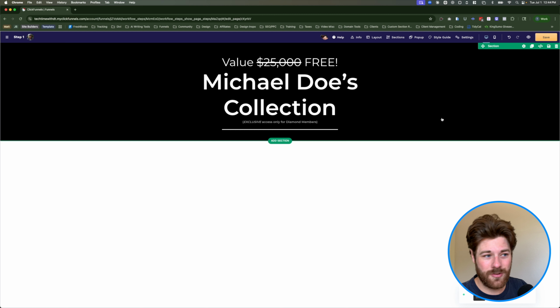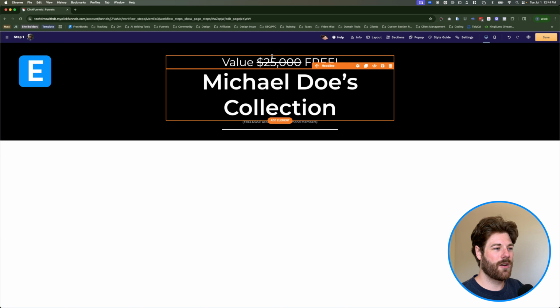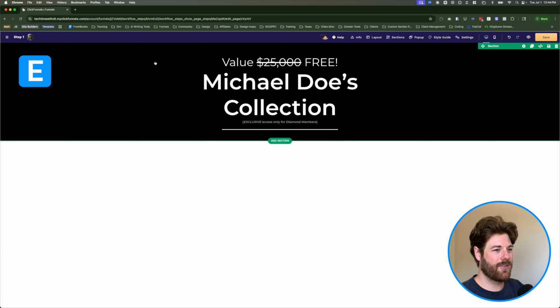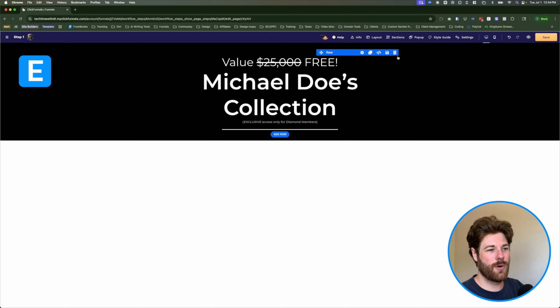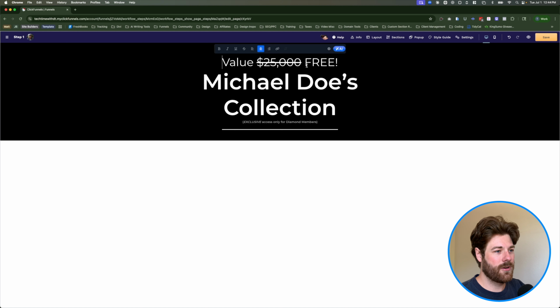The second one is going to be the edit shortcut, and that's going to be the letter E on your keyboard, and this can be used on elements on the page, not exactly for sections or for rows, but for elements. If you hover over an existing element, that's going to be the orange border item as you hover around, and hit the letter E, it'll allow you to go in and start editing that specific element. As of right now, it just put me into the text editor there for a text element,